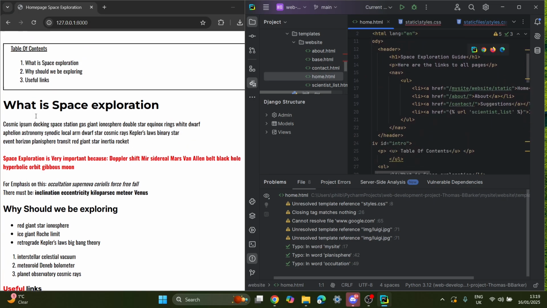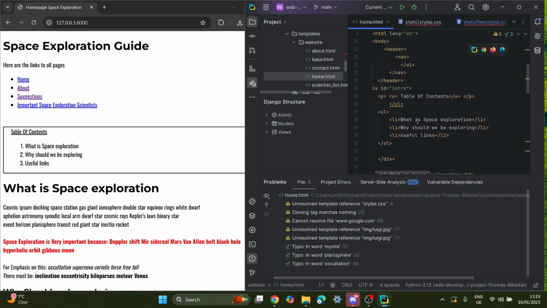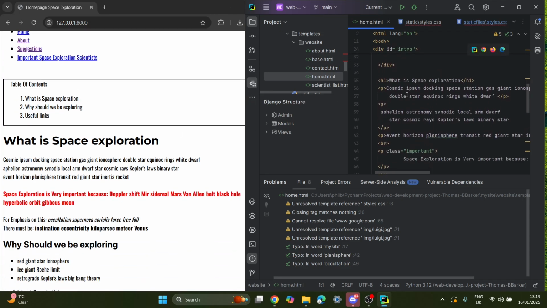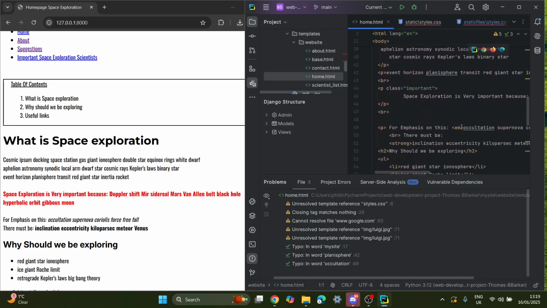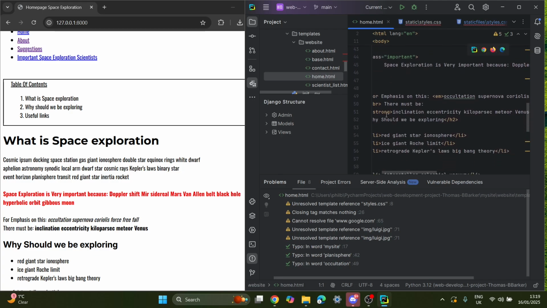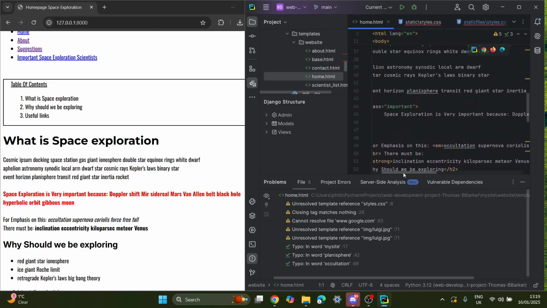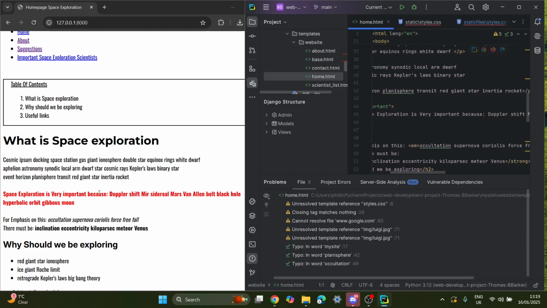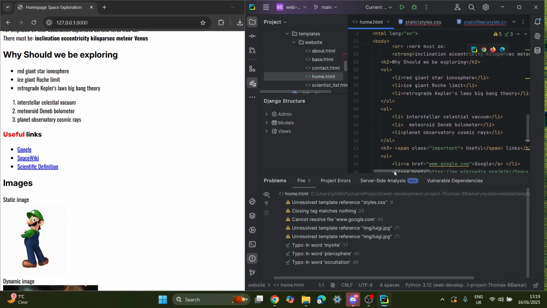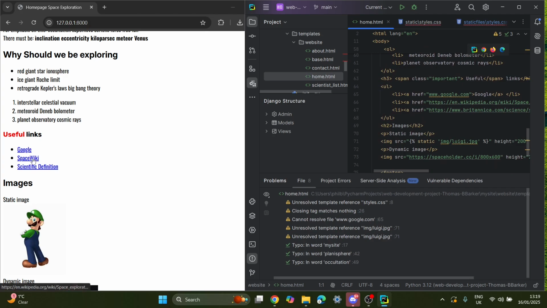I've got my unordered list for the links up here. I've demonstrated a little box for the table of contents. If we go down here, I've got a couple of things. We've got an em here, which is going to make it italic, and we've got strong for bold, and we have important here, so it references the important in the style sheet to show off that this is some important text here. Scroll a bit more, I've got some different links, showing off some different links for Google,